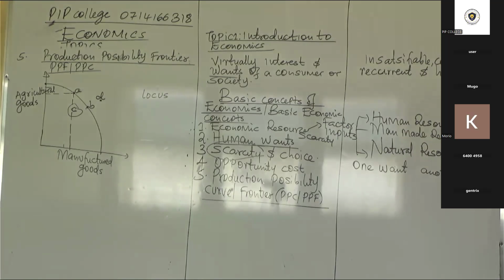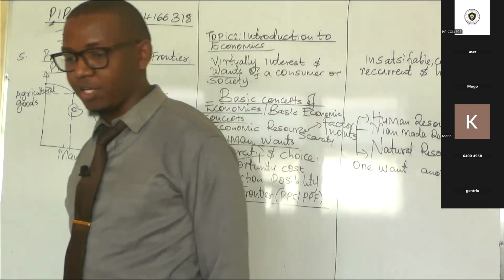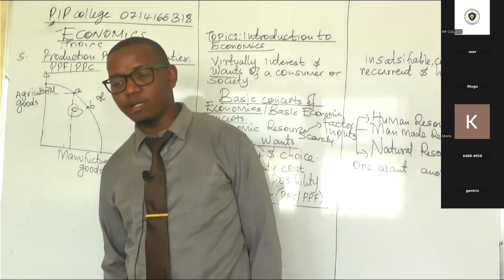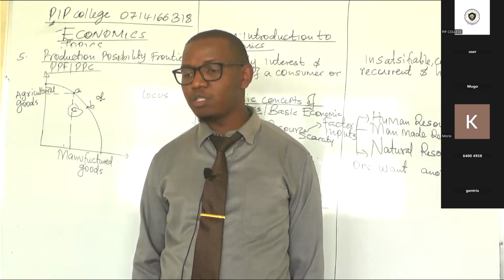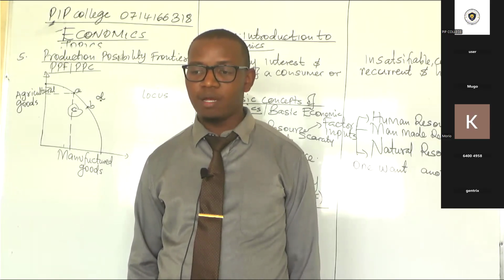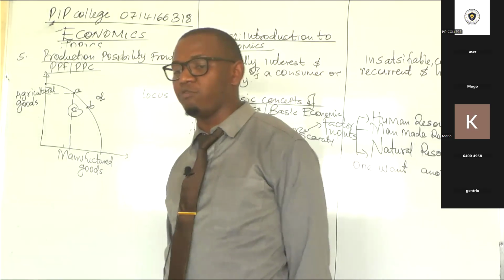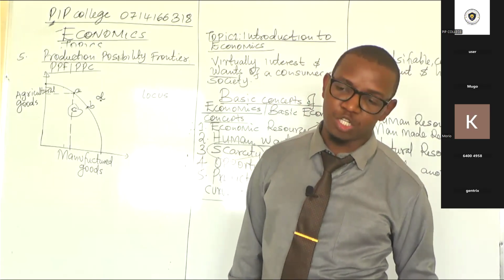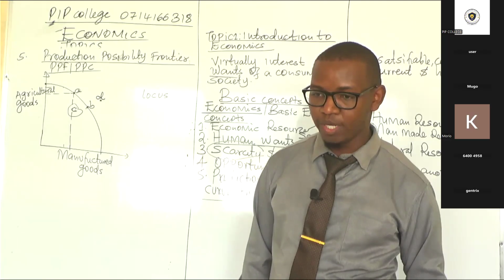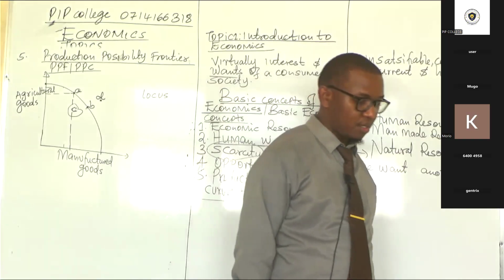Representing goods and services. The goods and services a country can produce when all the resources are fully utilized efficiently. You write and say,